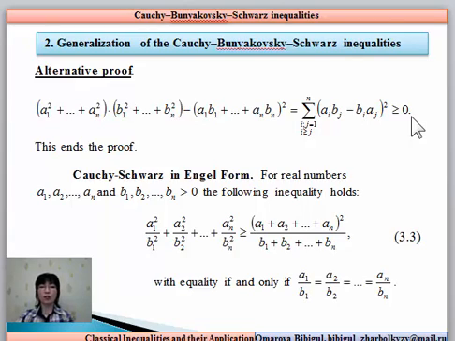Let's consider the Cauchy-Schwarz inequalities in the angle form. For real numbers A1, A2, and so on up to AN, and B1, B2, and so on up to BN, which are positive numbers, the following inequality holds. Then, with equality if and only if